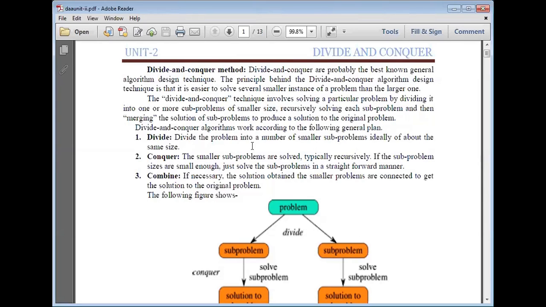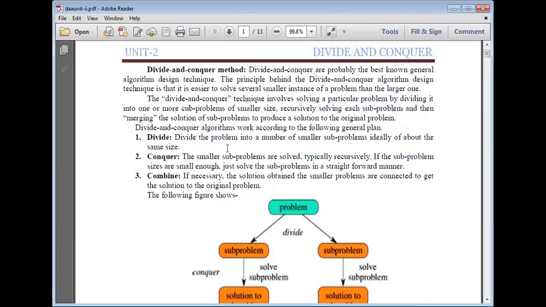So x square you can take, x you can take, 1 you can take, and you integrate separately. Finally, you combine the result of each subproblem, and you will get the integration of the entire expression x square plus x plus 1.